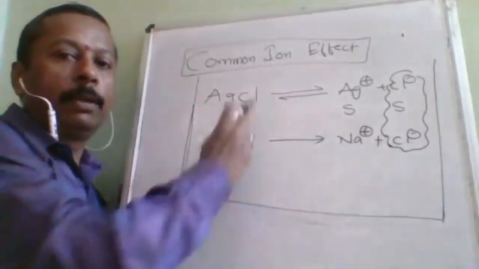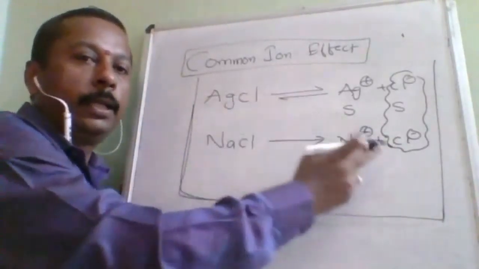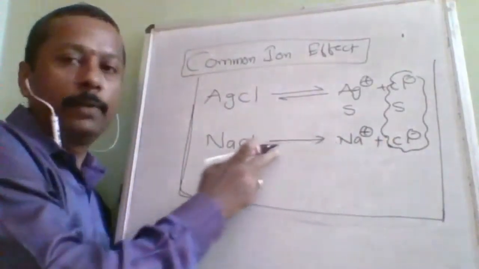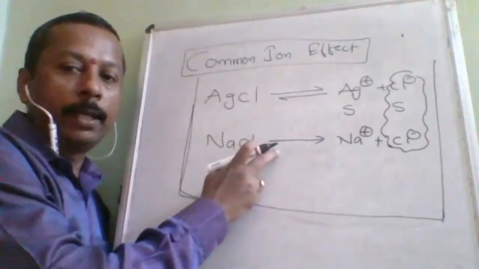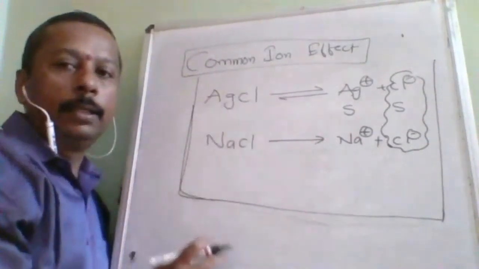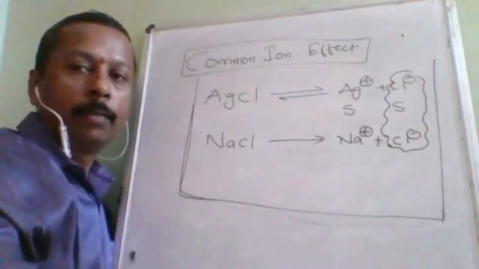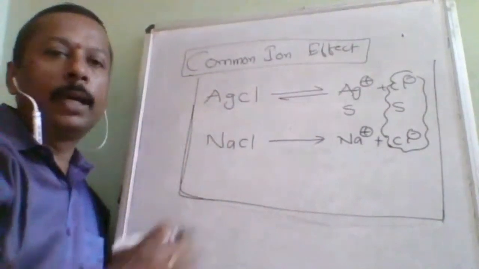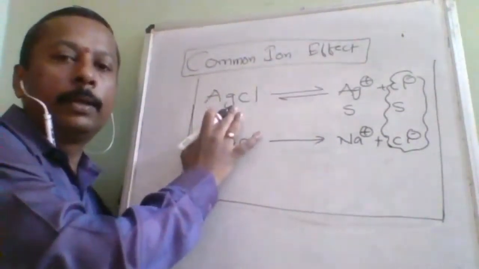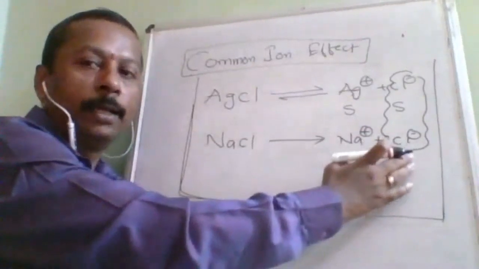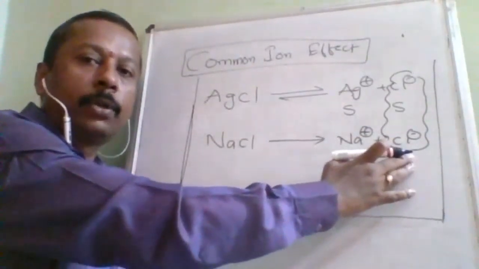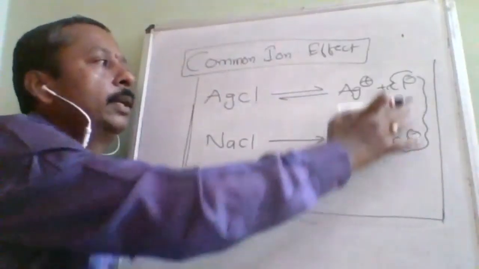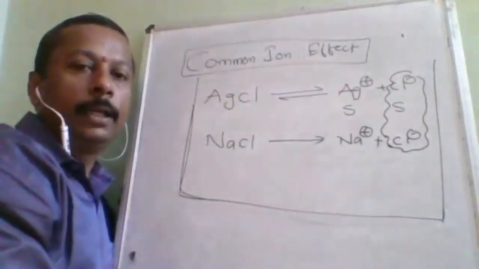Okay, same problem with the AgCl. Cl wants to create a problem. It cannot create a problem with NaCl because there is no backward reaction. There is a backward reaction only in the case of AgCl. Because of this, it is going to affect the solubility. Already it is less soluble, and because of the harassment, the common ion effect, chemically, harassment is called the common ion effect. Because of the common ion effect, the Cl minus will reduce the solubility of AgCl.